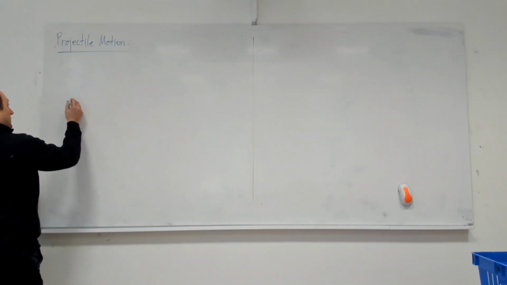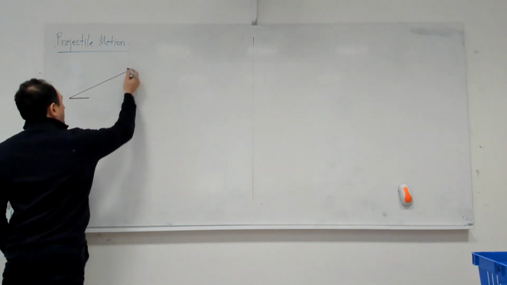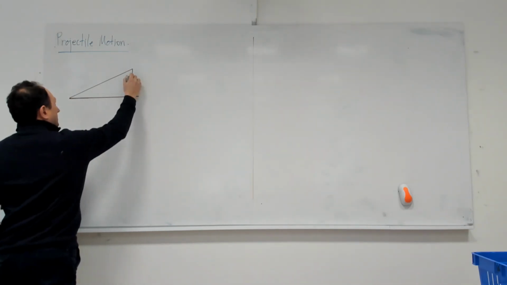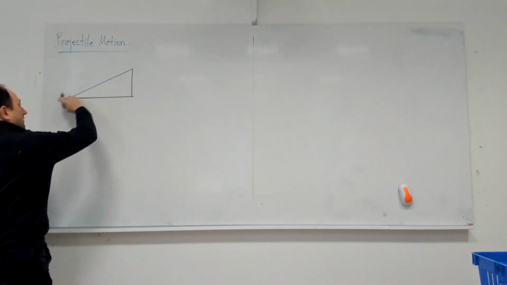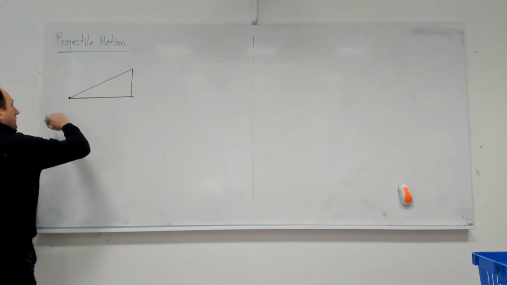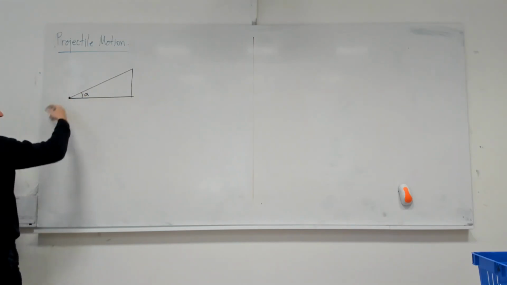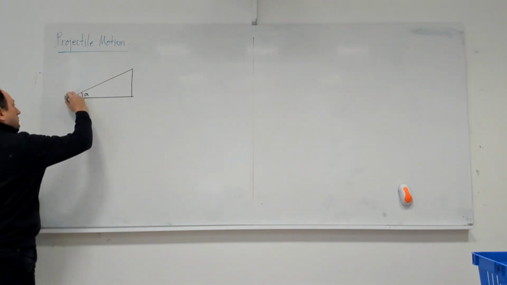For example, you have an uphill here. Let me just model it with a right angle triangle. So that is the ground level, and then you have a little bit of uphill, and then you shoot a ball or something. So this angle, let me first of all give you this angle. This is the inclination angle of this inclined surface,